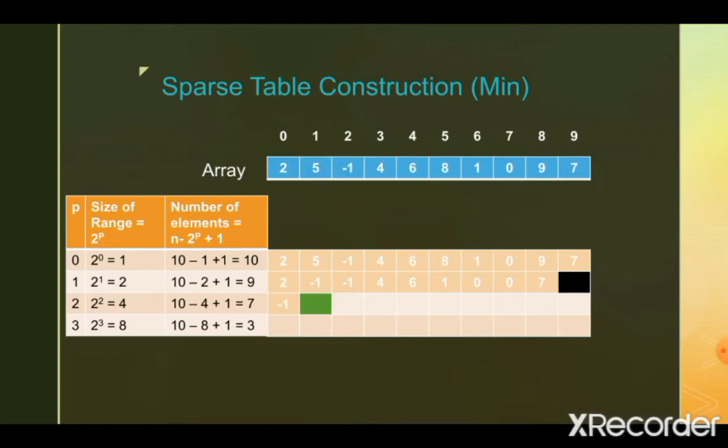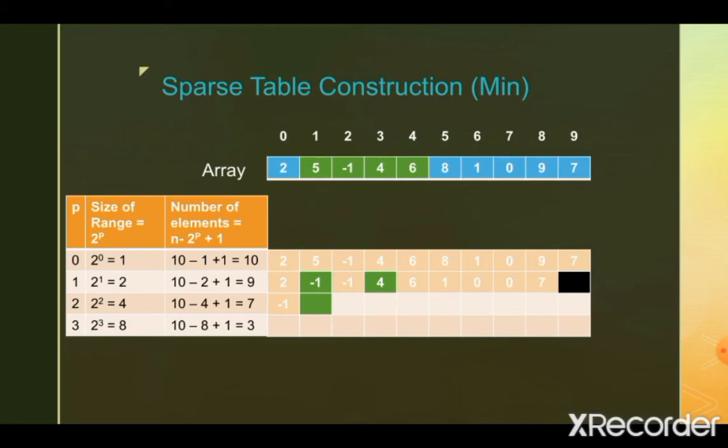Now let's see the same process for computing the second element of the third row. This element corresponds to a range in the original array from position 1 to position 4, whose length is 4, and this range can be divided into two equal ranges. First range from 1 to 2, second range from 3 to 4,